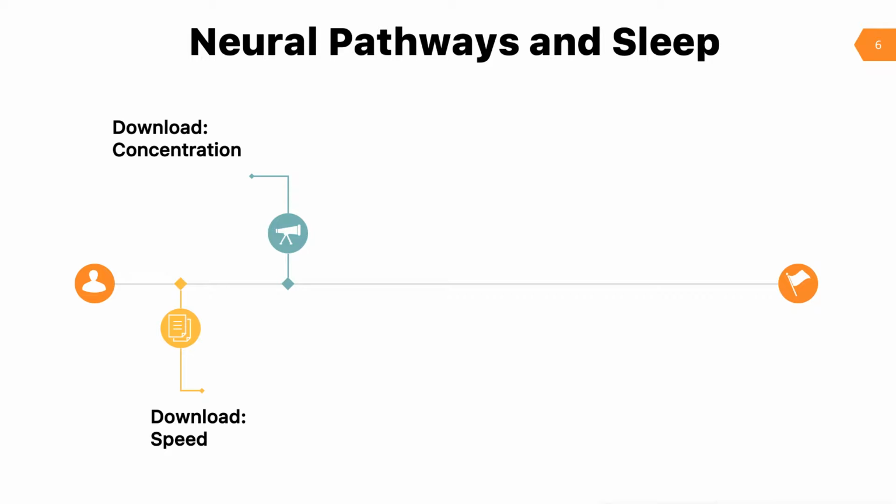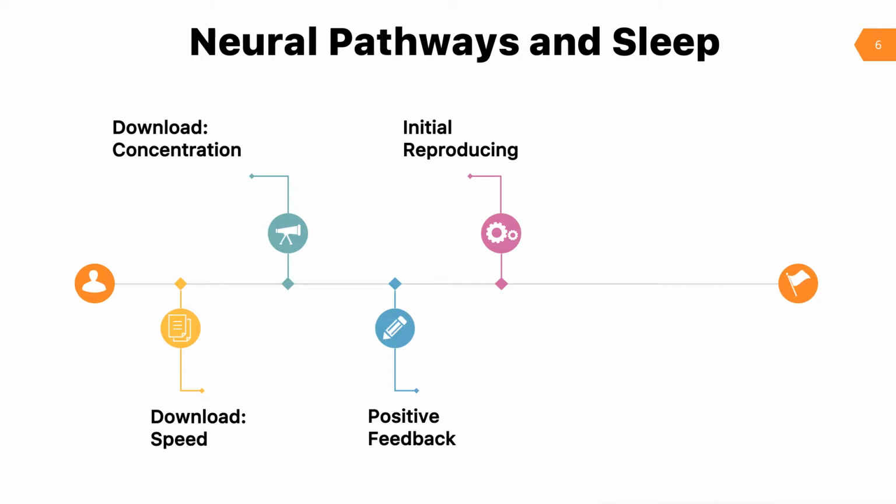The next step is positive feedback, which means we have to give our brain a signal which confirms that the information uploaded is correct. This applies, among other things, to new foreign words, terms, concepts, and so on. The first reproduction is also very important. That is, we are talking here about reproduction, not repetition. The difference between reproduction and cramming